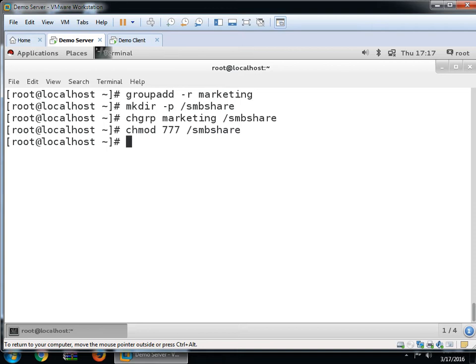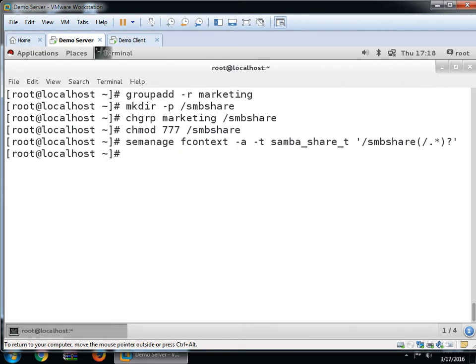Now what we have to perform with SELinux: we have to allow this policy so that anybody can access. The command is semanage fcontext -a -t samba_share_t "/smbshare(/.*)?" simply.